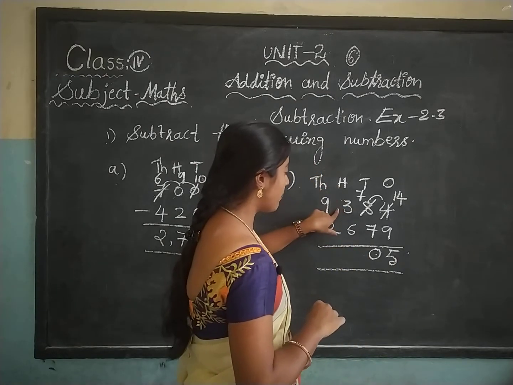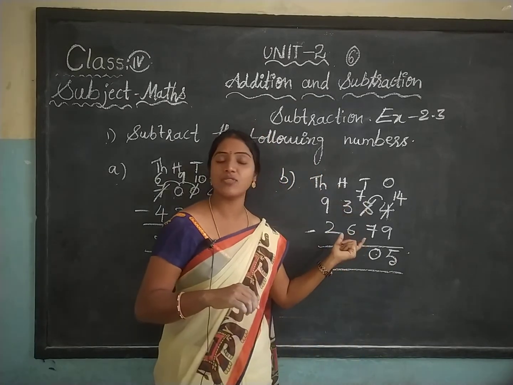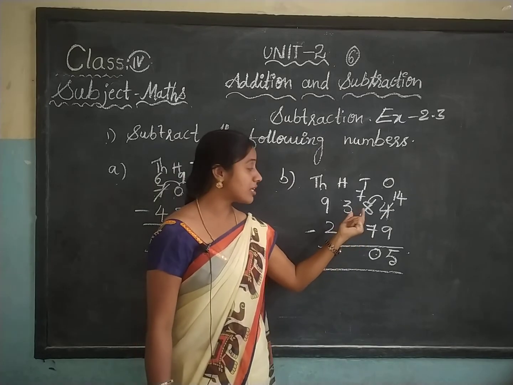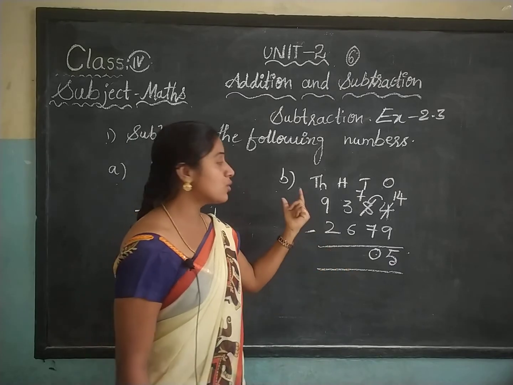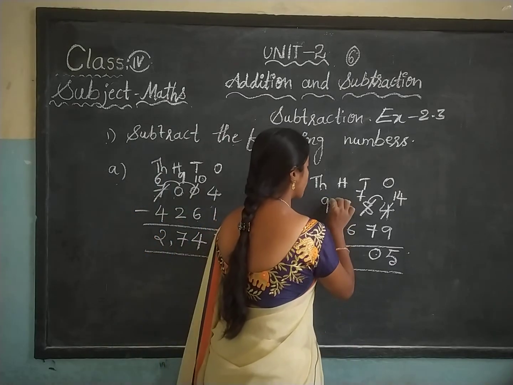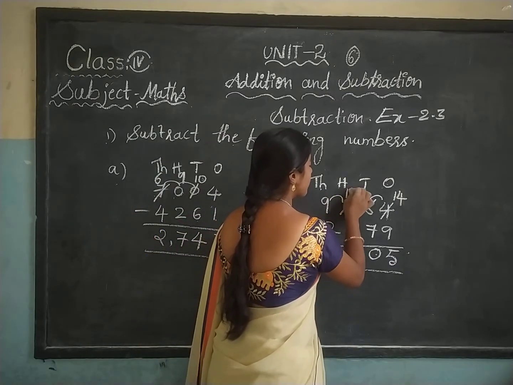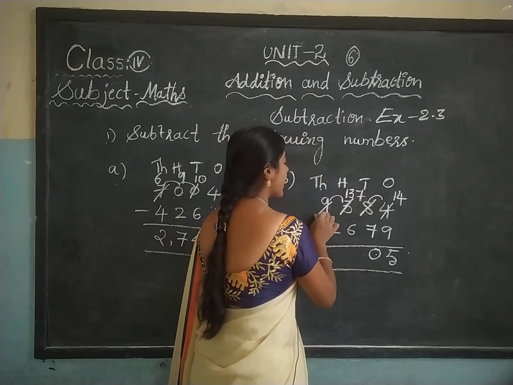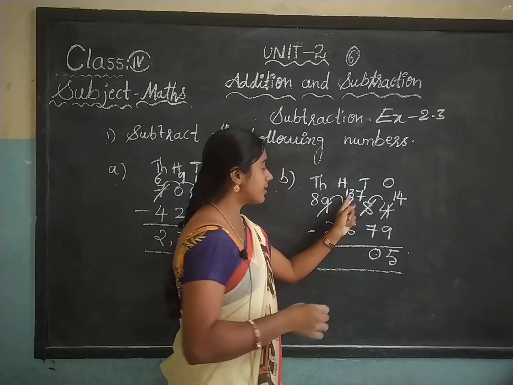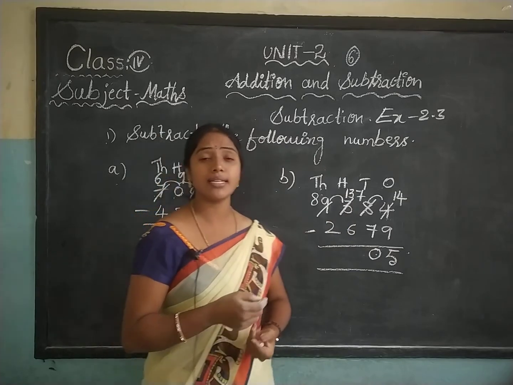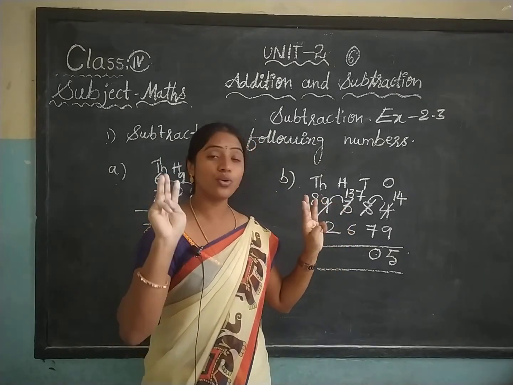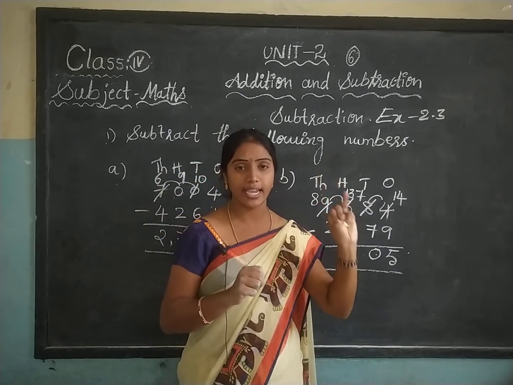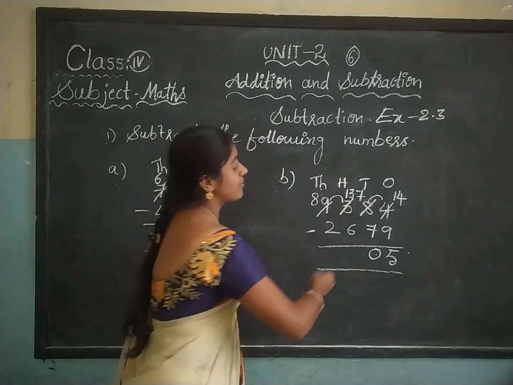Now 100 place, 3 minus 6. 3 minus 6 we can subtract now here? No. Why? Because 3 is a small number, 6 is a big number. So we cannot subtract. So you have to take borrow from 1000 place. Okay. Here 3 became a 13. Here 9 became a 8. Okay. 13 minus 6. How much 13 minus 6? 13 before you should count 6 numbers. Okay. 13 before 12, 11, 10, 9, 8, 7. Okay. How much? 7 it will give.